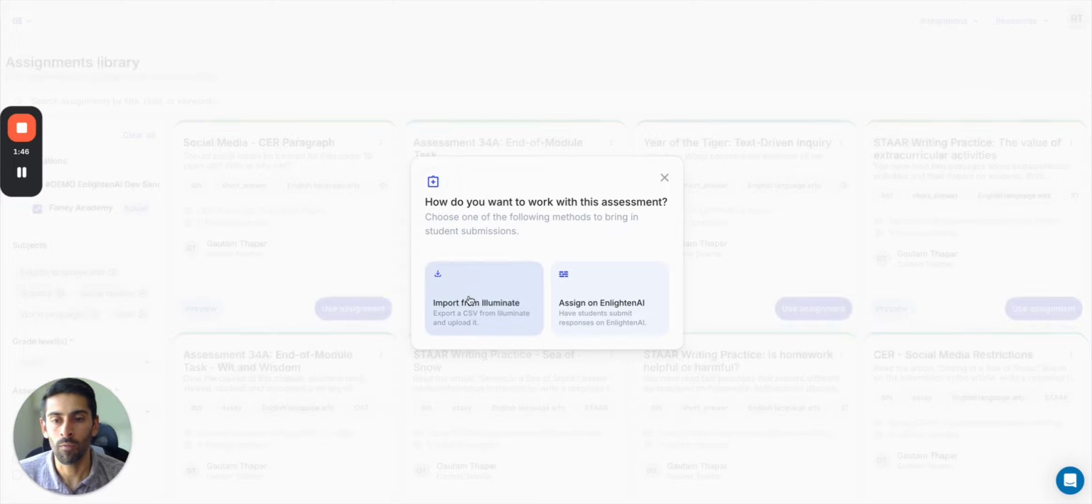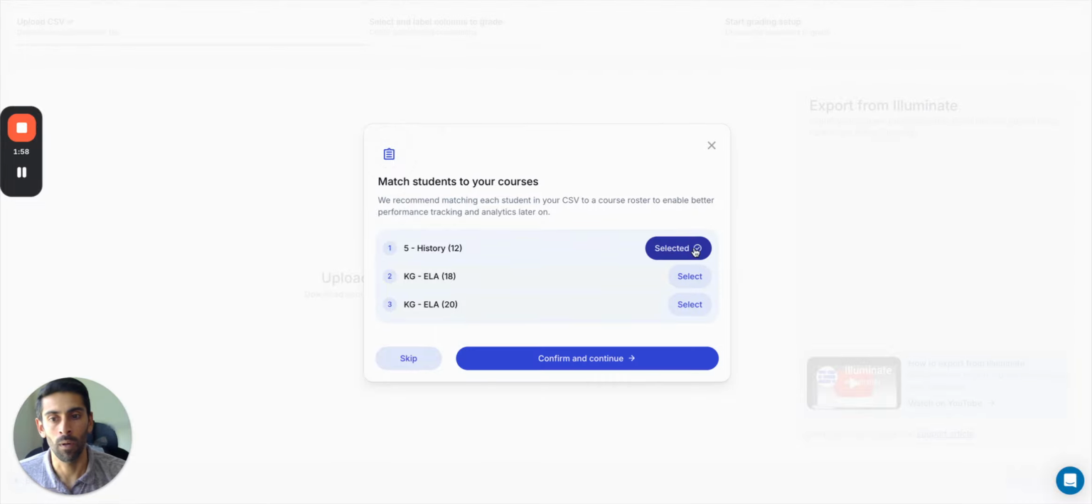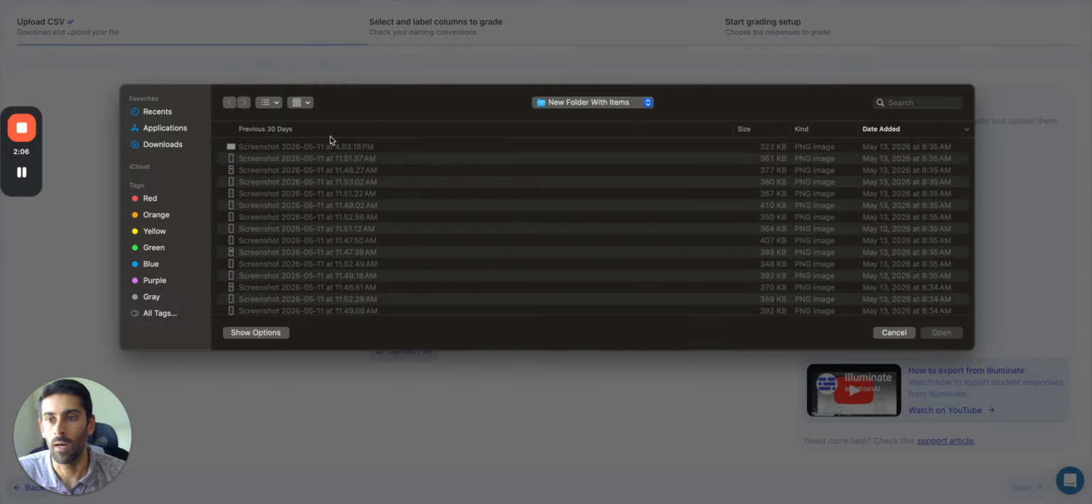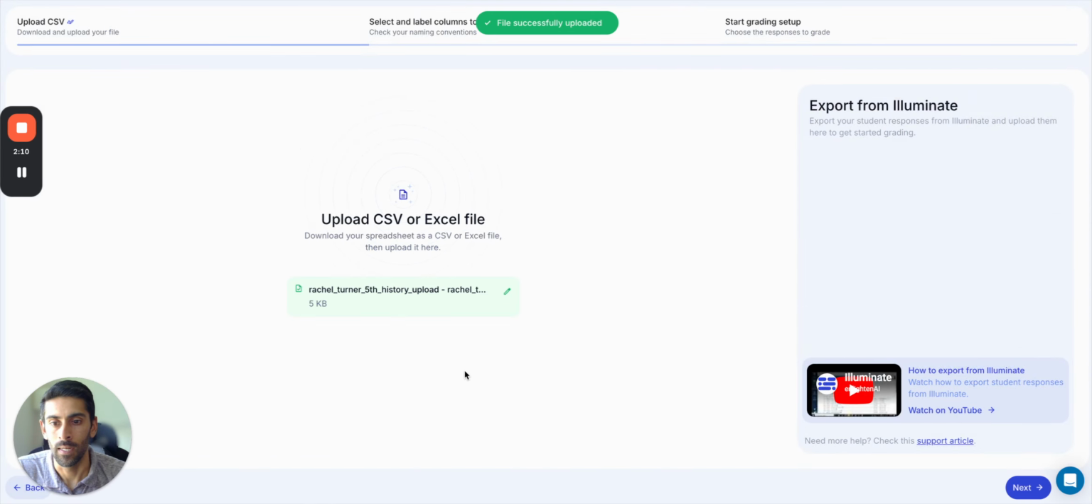We're going to click Import from Illuminate, and we're now going to select the classes that we have pulled work out of Illuminate from. We could pull out work from all three of these classes, but in my case, I've actually only pulled out work for History Grade 5. I'm going to confirm and continue, and I'm going to be invited to upload that work. So when I click Upload and find the assignment, it has now successfully been uploaded from Illuminate,